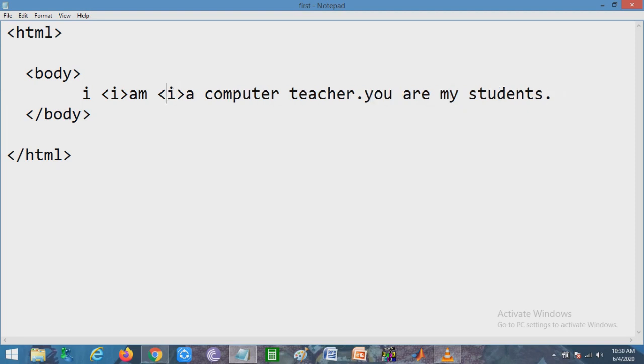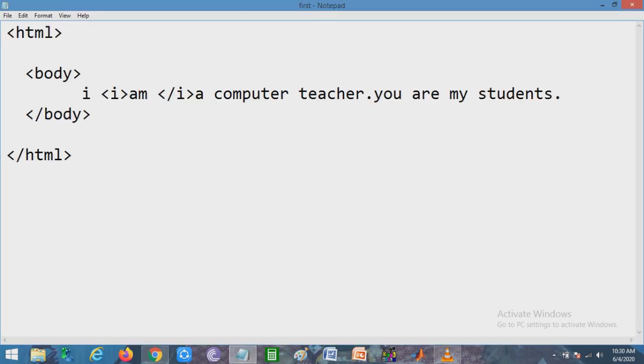Here I want to make "m" italic, so save it and run it. Look, only "m" is in italic. So basically it depends on you on which word, sentence or letter you want to use the tag. Now another one is the U tag.